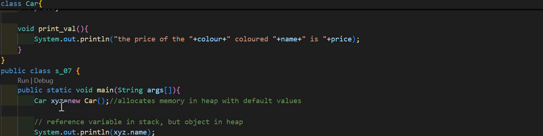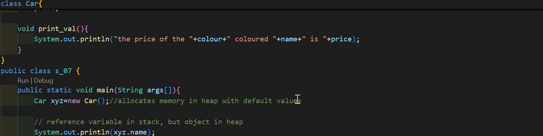This particular xyz which I have written here, this is a reference variable. This reference variable will point to a memory location in the heap. Now, this reference variable is in the stack, but the object which will be created actually, that is in the heap. So the object is in heap, but the reference variable is in stack. Now, this is a difficult topic for a beginner, but okay, for now keep it in mind. Later you may use it at some point of time.